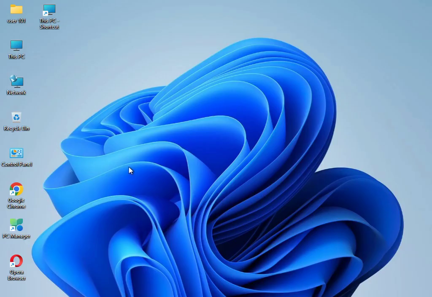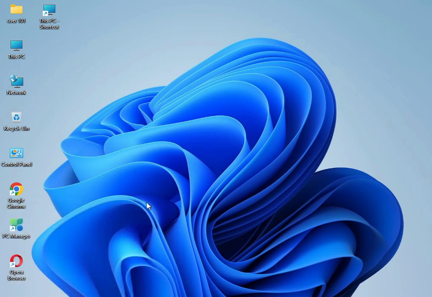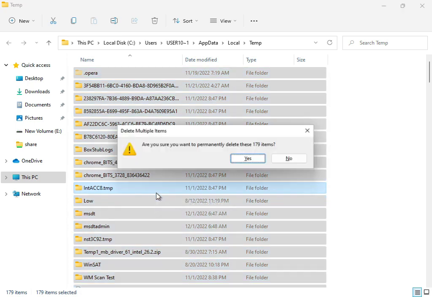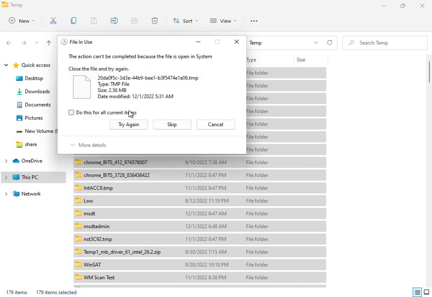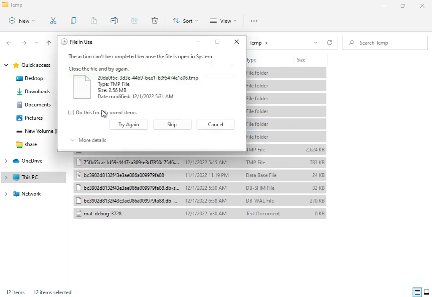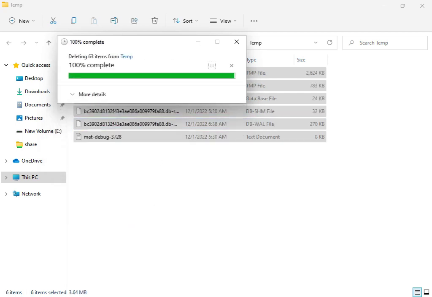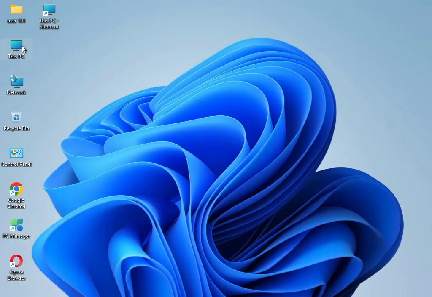So next, Windows R, type %temp% and then enter. Select all, Shift Delete. This is the temp file, guys, it is not required by Windows. So use delete, permanently delete. You can try again. If it is not deleting, you can check and escape, because this file is being used by the system right now. Then close it. Then again open This PC,